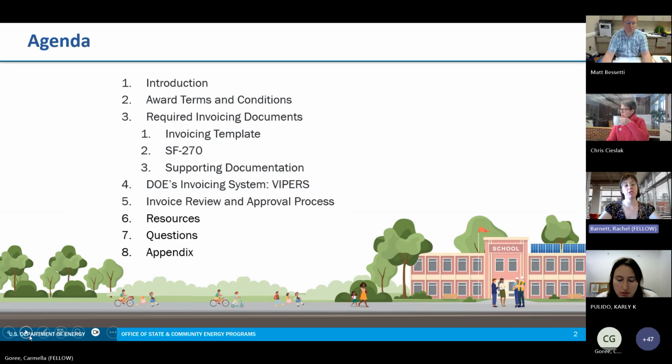Then we're going to review DOE's invoicing system, which is Vipers. We're going to review the invoice review and approval process, go over some resources, open the floor to questions, and at the end of the slide deck, there's an appendix section for your future reference. Next slide, please.